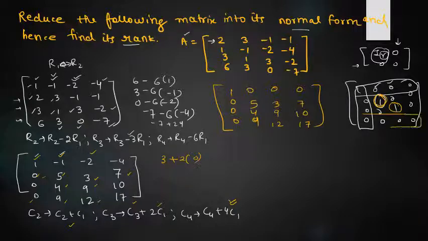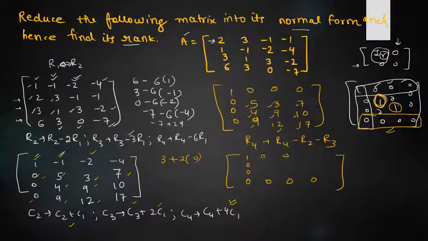But before that, the difficult part is to make them zeros. So check if you can make them zeros. If I do R4 minus R2 minus R3 all together, you will see that you are getting zeros. See, 9 minus 4 minus 5, 0. Then 12 minus 9 minus 3, 0. 17 minus 10 minus 7 is 0, right? Rest all are same. Here you have got zeros.